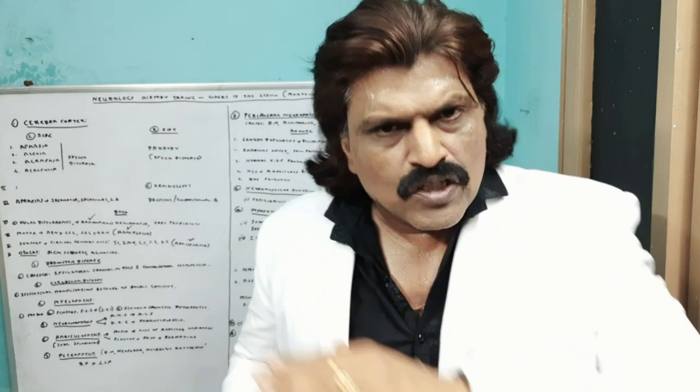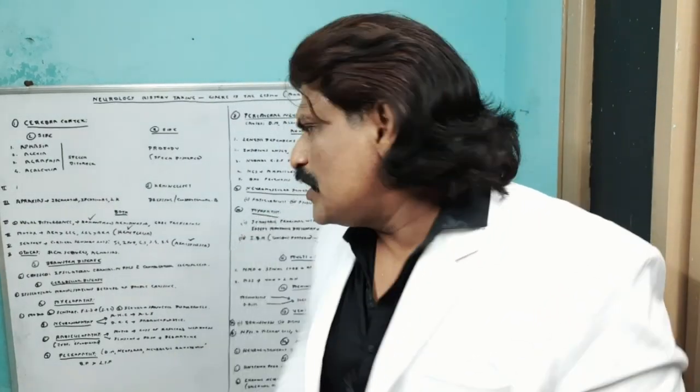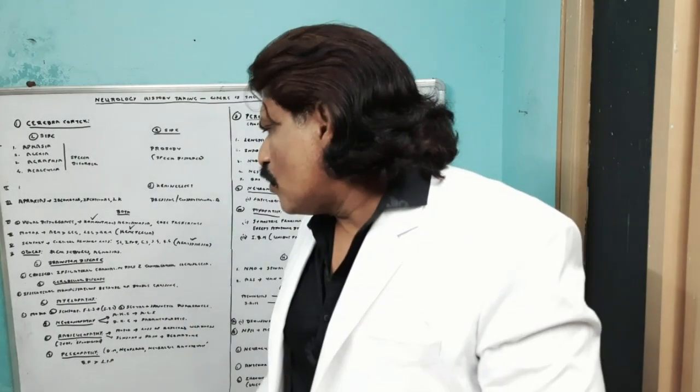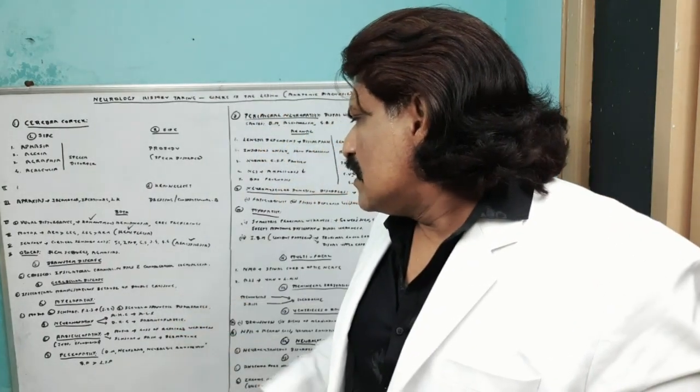Right. Then the lesion can be in the spinal cord, what we call myelopathy. In a spinal cord lesion, the cross-sectional area is very small, so a small lesion can produce dense deficits. If there's a lesion in the spinal cord, myelopathy, the motor, sensory, sphincter and sexual disturbances are present below the lesion.